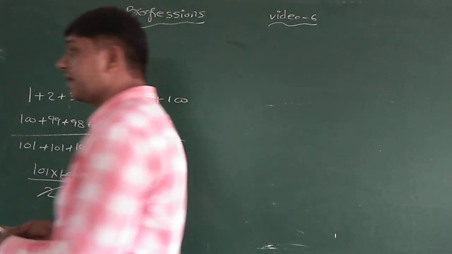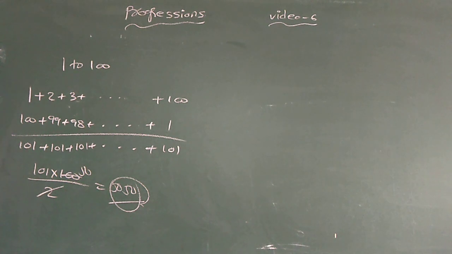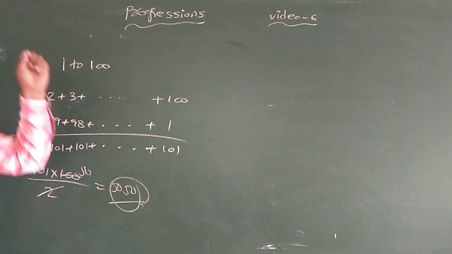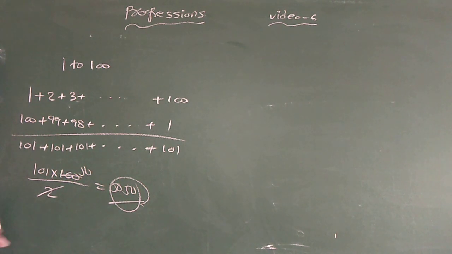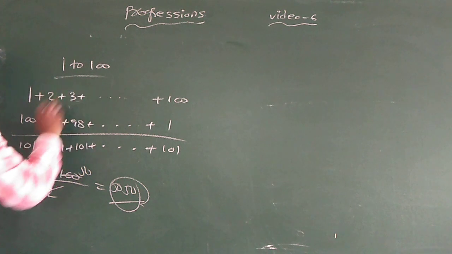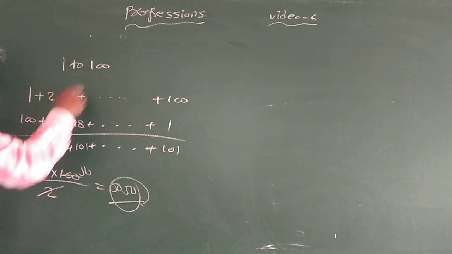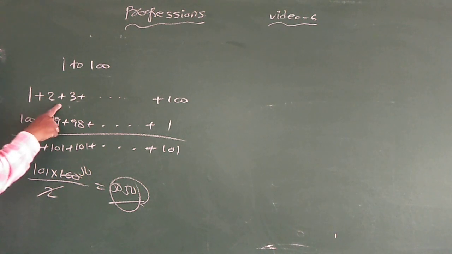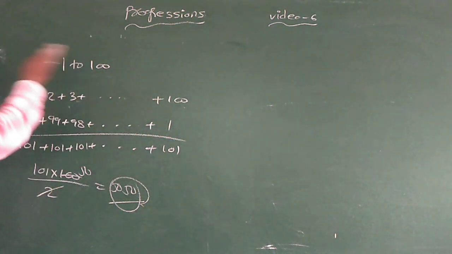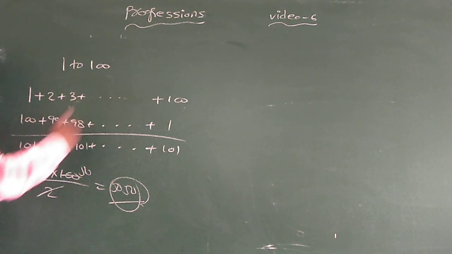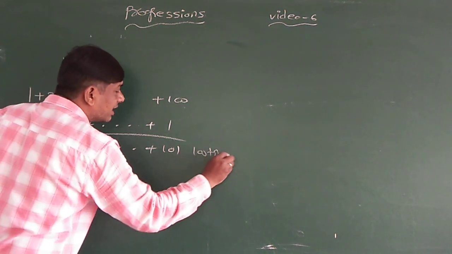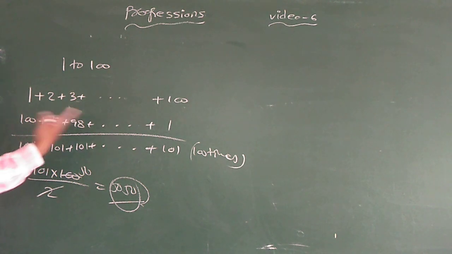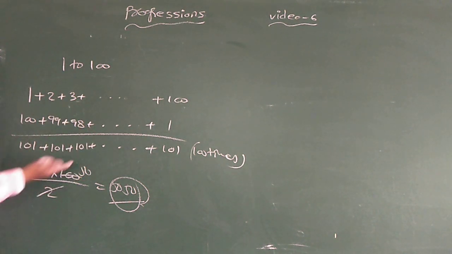Carl Friedrich Gauss was the mathematician who gave the idea to find the sum of n terms of an AP. To engage the students, the teacher gave a task: add the numbers 1 to 100. 1 plus 2 plus 3 up to 100. He added, and again he added in reverse, so two times. When he was adding, 101 occurred 100 times, so 101 into 100. Since he added two times, divide by 2, and 5050 was the total.